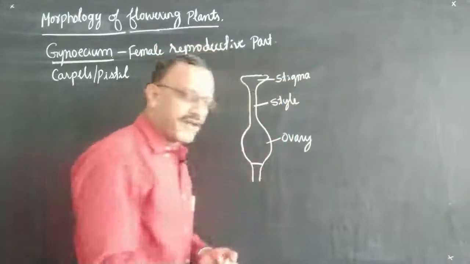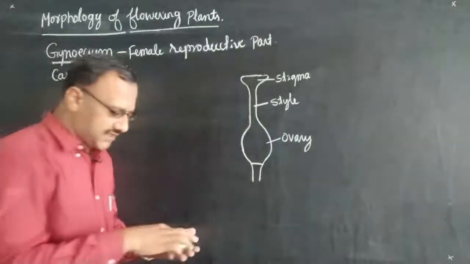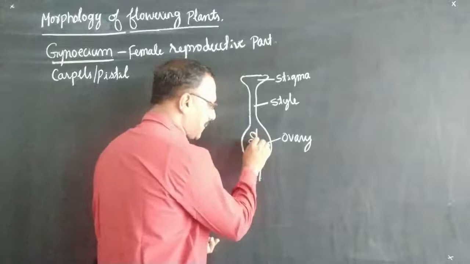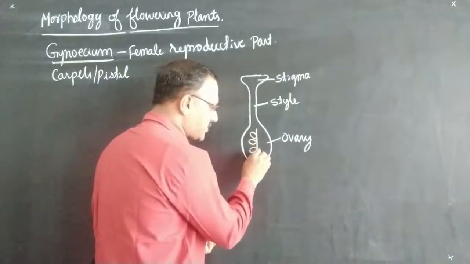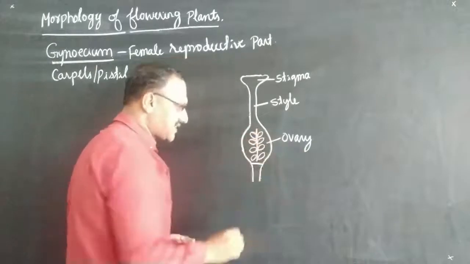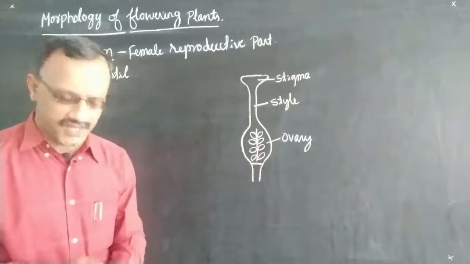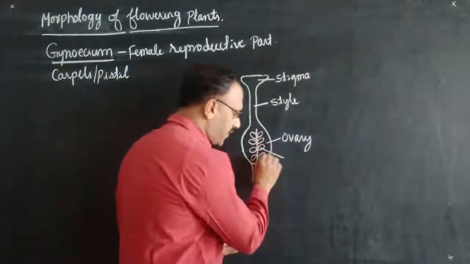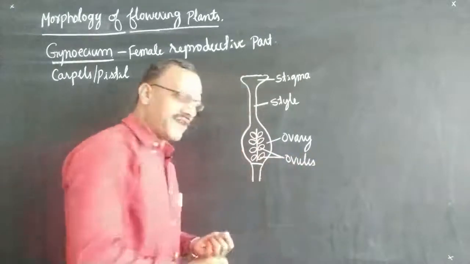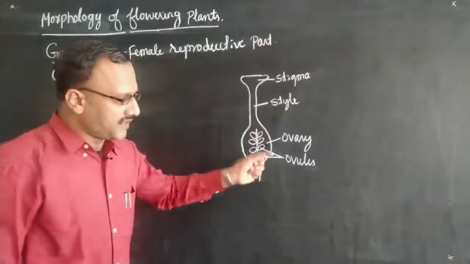It is the ovary which encloses a number of ovules attaching to the placenta, which is going to develop into seeds after fertilization. So these are the ovules, which is acting as a female gamete, which is going to form